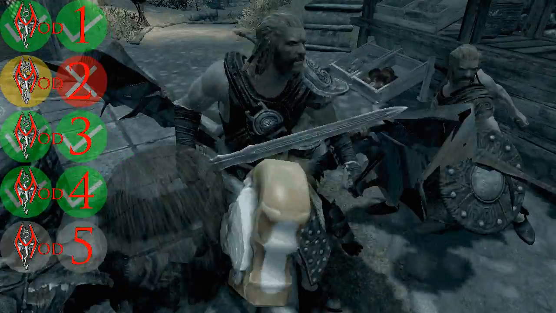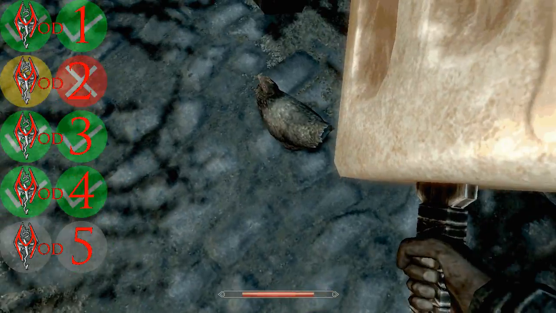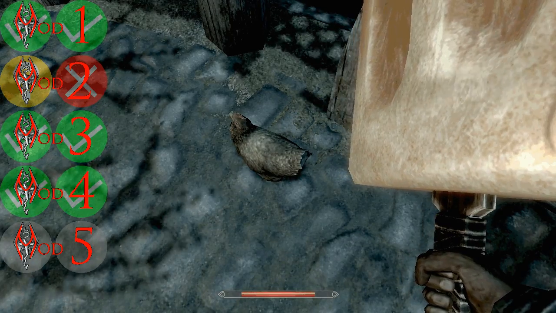Very helpful. That was the most helpful. Eli, there's a random chicken in Whiterun. Alright, before you explode it,